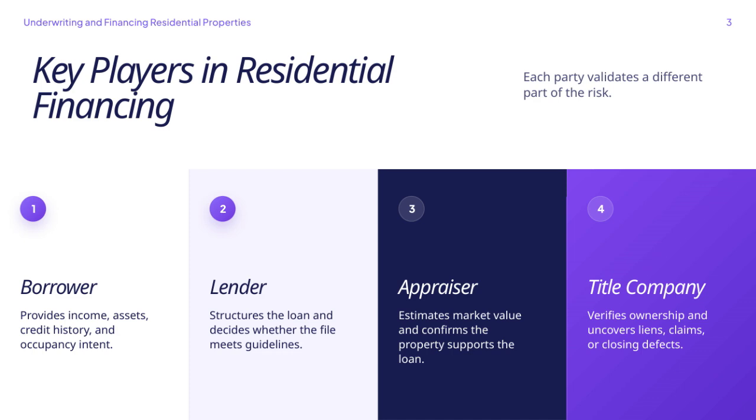Then we have the appraiser. Their job is to estimate the current market value of the property. This step is vital because it confirms whether the property value supports the loan amount requested. Lastly, the title company comes into play. They verify the legal ownership of property and check for any liens, claims, or defects that might affect the transaction or ownership rights. Together, these players each validate different aspects of risk to ensure the financing process is both secure